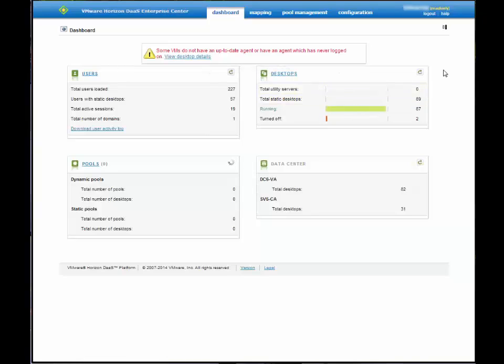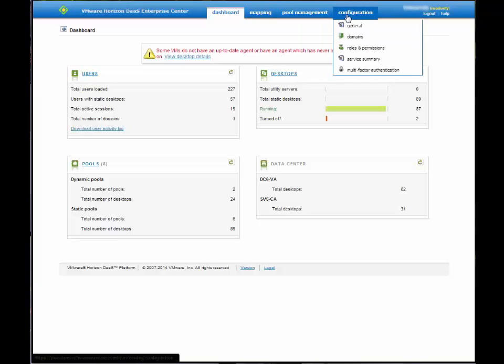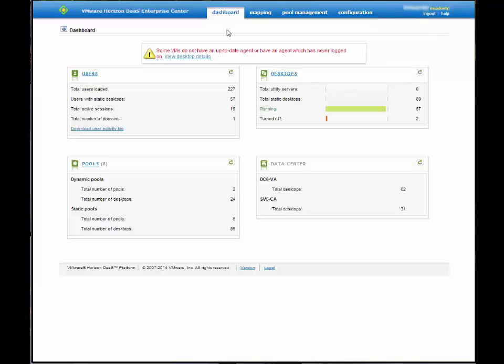So when we enter into the portal, you're going to see it comes directly to the dashboard tab. So we are right here under dashboard. You see that we have a mappings tab, a pool management tab, and a configuration tab with several submenus underneath these tabs. This dashboard is just that. It gives you a quick view into your environment. You see this first box here contains